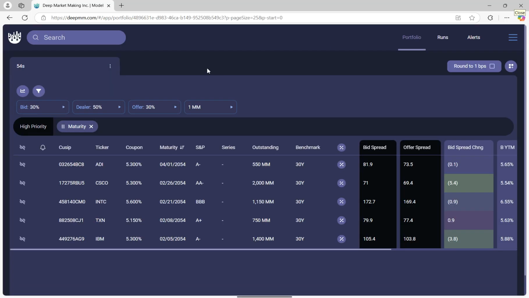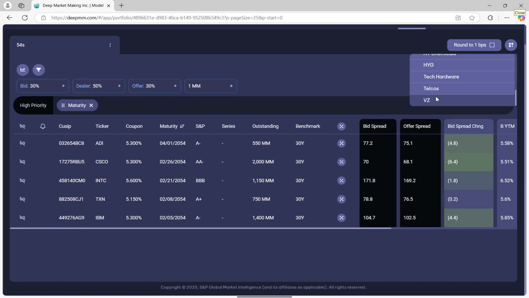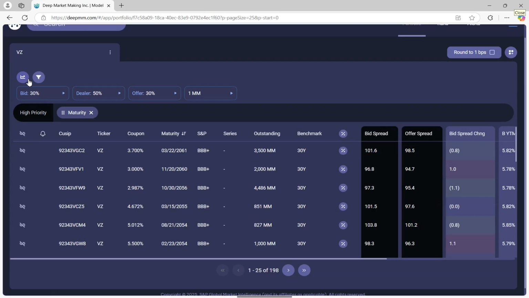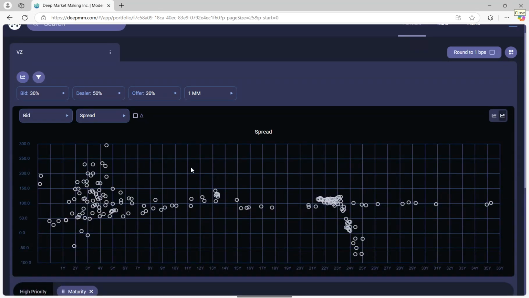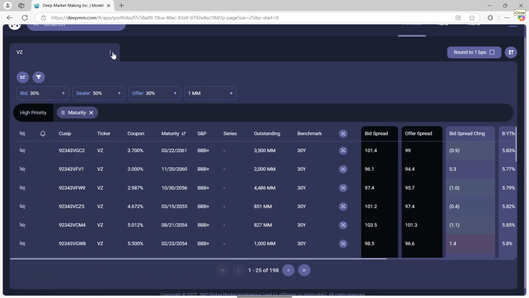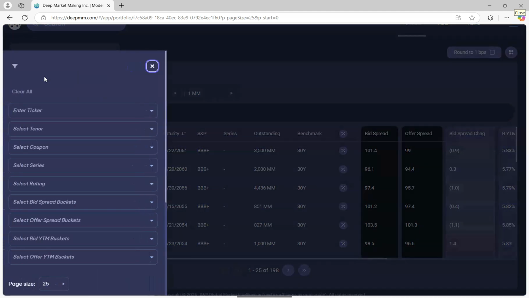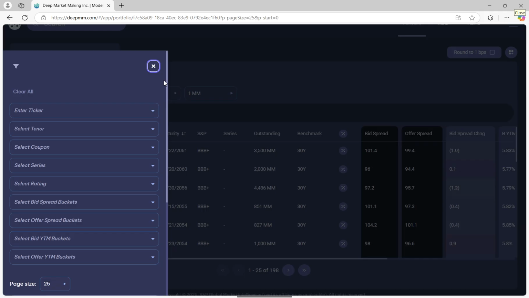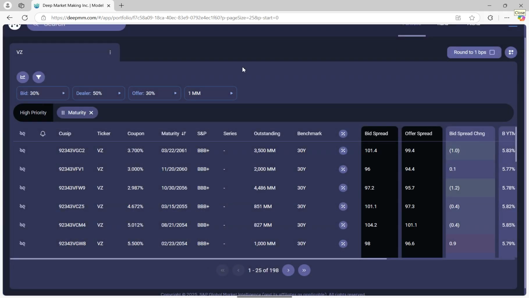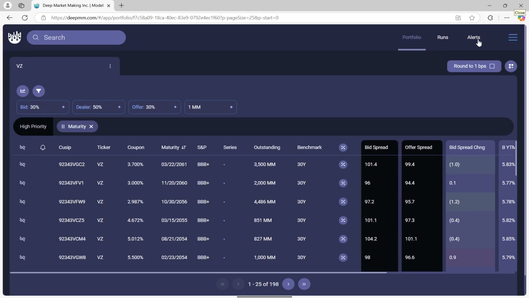You can go through, look at things on a portfolio basis. In this case, if we want it to be Verizon bonds again, we will just come in, click on Verizon. You can look at relative value curves within the credit. You can also come through and multi-level parse. You can imagine dropping in whole sectors or portions of the market into that